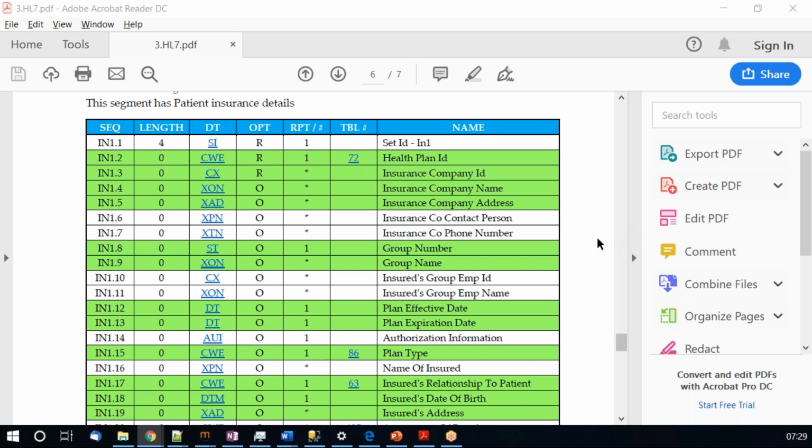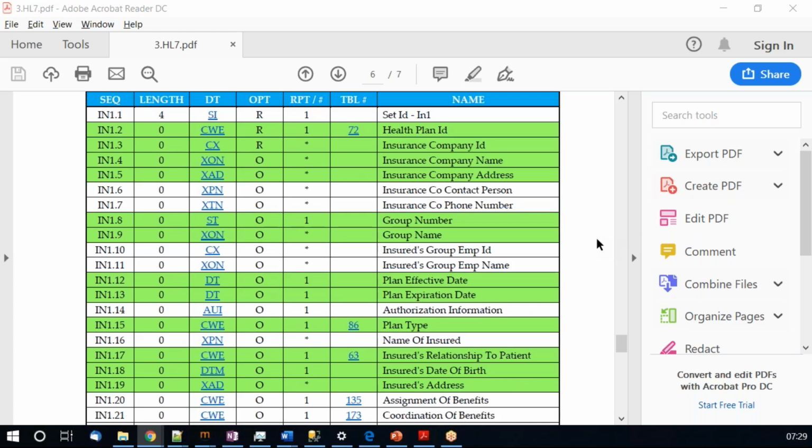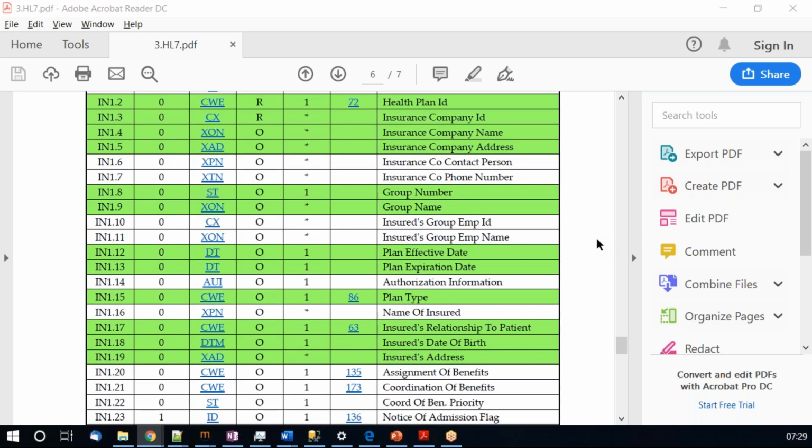And then we have IN112, the plan effective date and end date. As we have seen earlier with the guarantor start and end date, how important that is, in a similar way, IN1 12 and 13 fields are also important. The data sent in these segments will help the